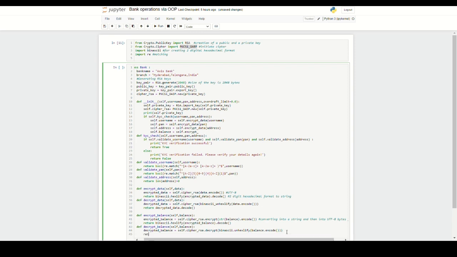When I'm decrypting it, obviously I don't want it in a string format, right? I would want it back into the normal number format. The bank would want the balance in the normal number format. Suppose it's a 10,000 amount, they wouldn't want it in the encrypted format. They would not understand what a string format for 10,000 would be. So we have to convert it into a float first, then write decrypted balance,